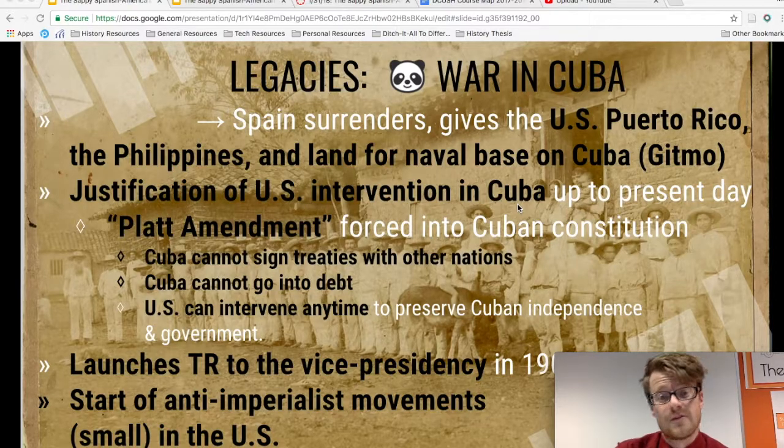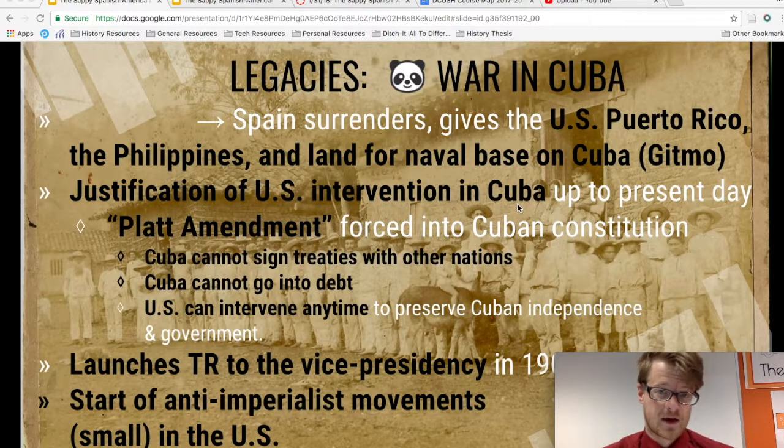The U.S. from this war will use this as an excuse to pretty much get involved in Cuba from this point whenever it wants to. And this is all the way up until the present day in 2018, when, until 2016, we had the embargo against Cuba set up. Essentially, we just never traded with them. I'll give you a good example of how we've been justifying our involvement there: immediately after the Cuban-American War, we put something in place in the Cuban Constitution called the Platt Amendment.